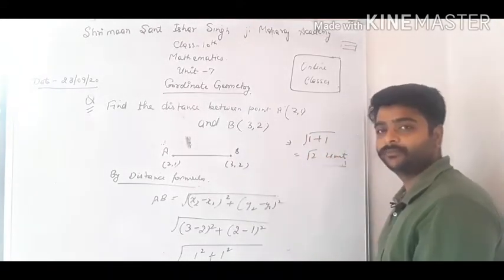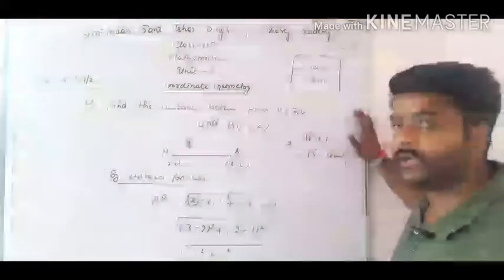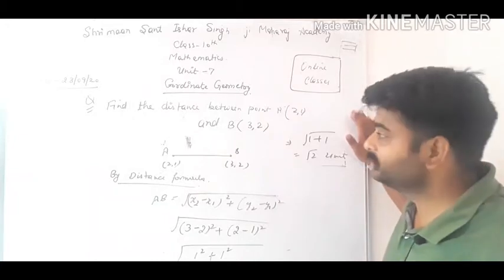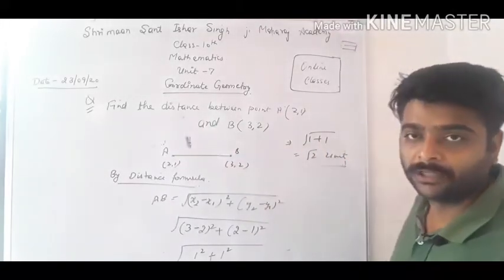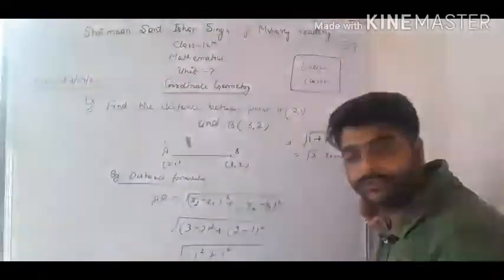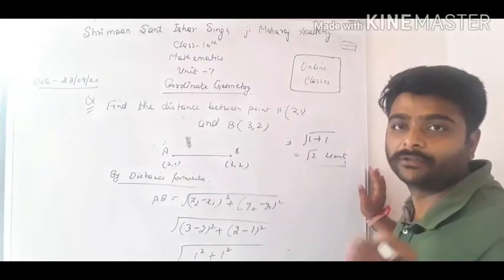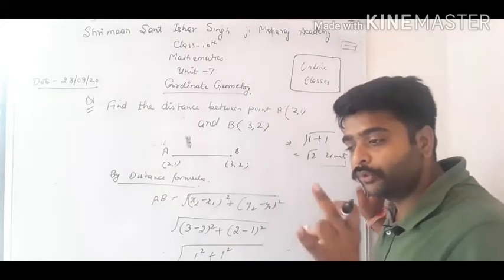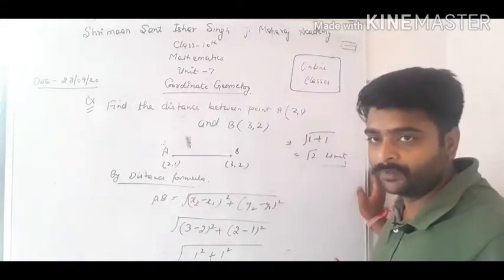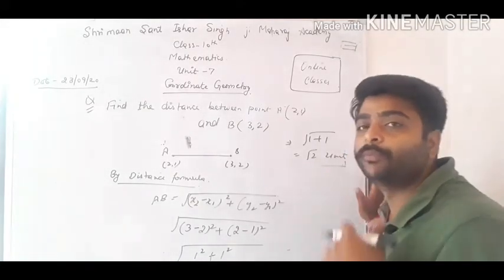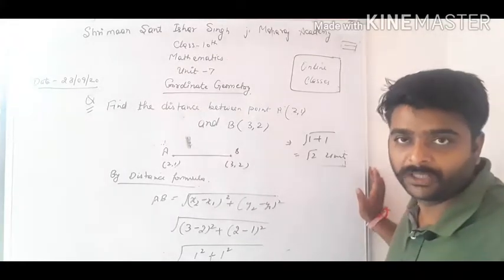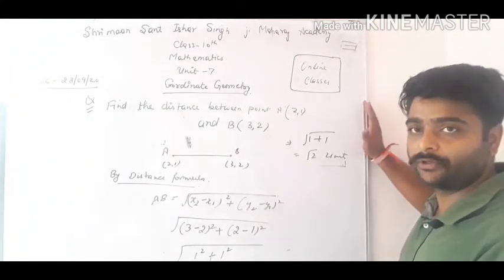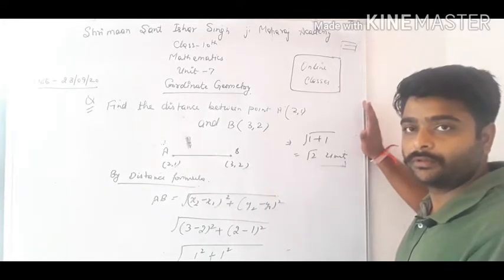Any doubt class? Now class, this exercise is divided into three parts. One is you need to find the distance. Other, you have to prove whether a given quadrilateral is a square, rectangle, parallelogram, or rhombus. And third is if the points are equidistant. Now I'm going to rub this, please take a screenshot.